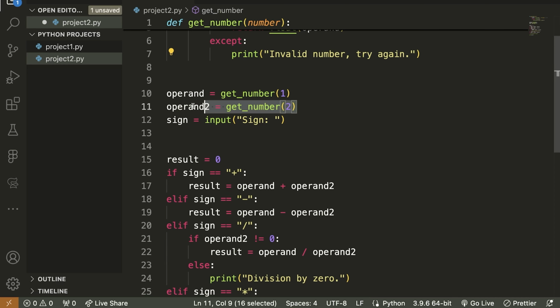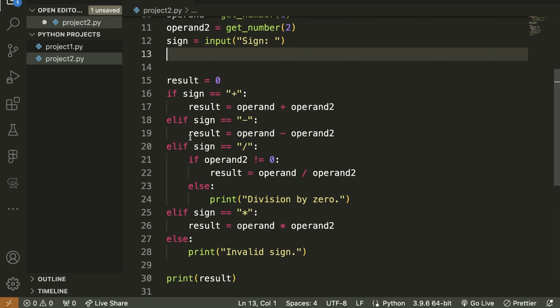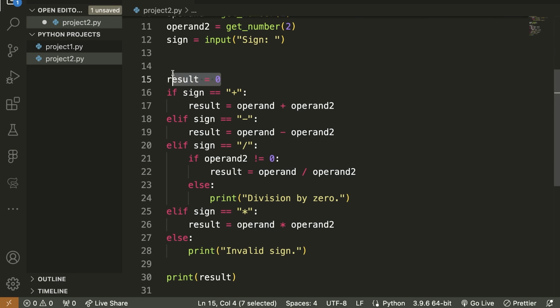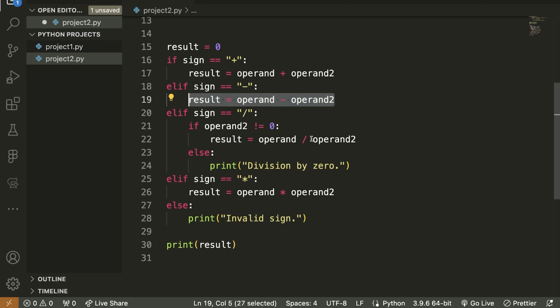Okay, here we simply call the function 2 times, 1 for the first operand and 1 for the second operand. We then ask the user for the sign. We don't do any validation on this because we have this if statement chain that works here. We say the result is equal to 0. If the sign is a plus, we're going to add the 2 operands together. If it's a minus, we're going to subtract them. And if it's a division sign, we're going to do an additional check just to make sure we don't have